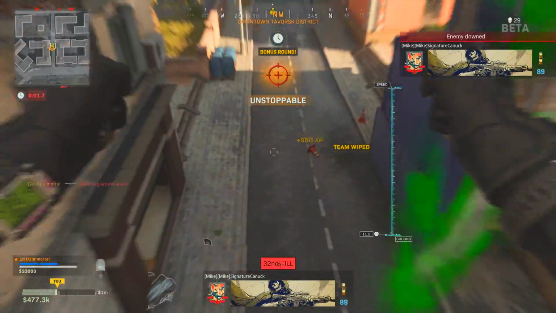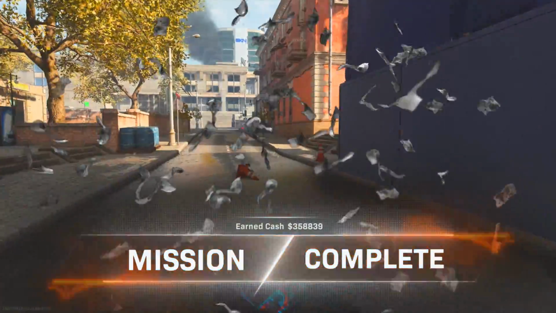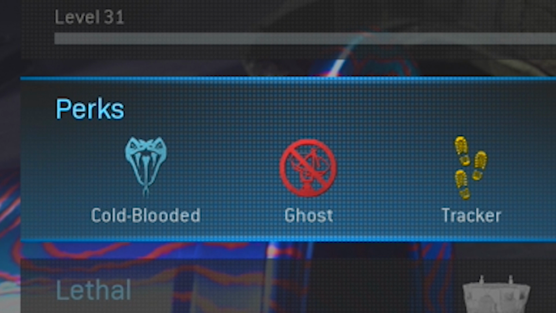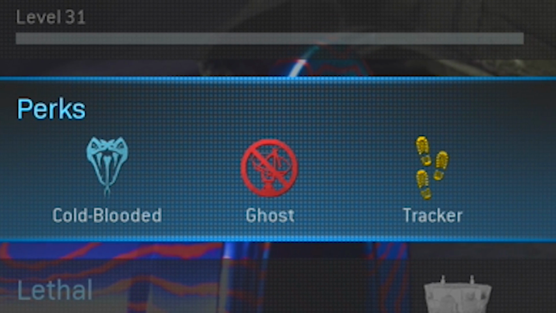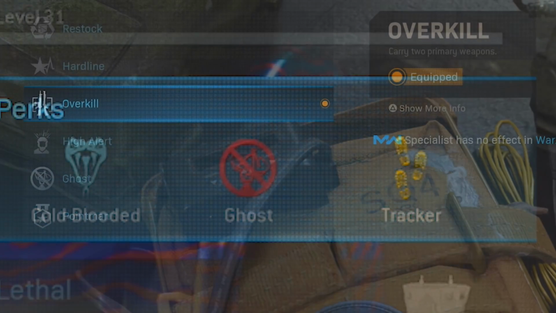Now, as far as my perks go, like I said, things for the most part stay the same on every setup, with one exception, and I'll go into detail on that. On any class like this, I'm using Cold-Blooded, Ghost, and also Tracker. However, as you'll see, a few of the loadouts today do feature 2 primaries, and for that, I am obviously